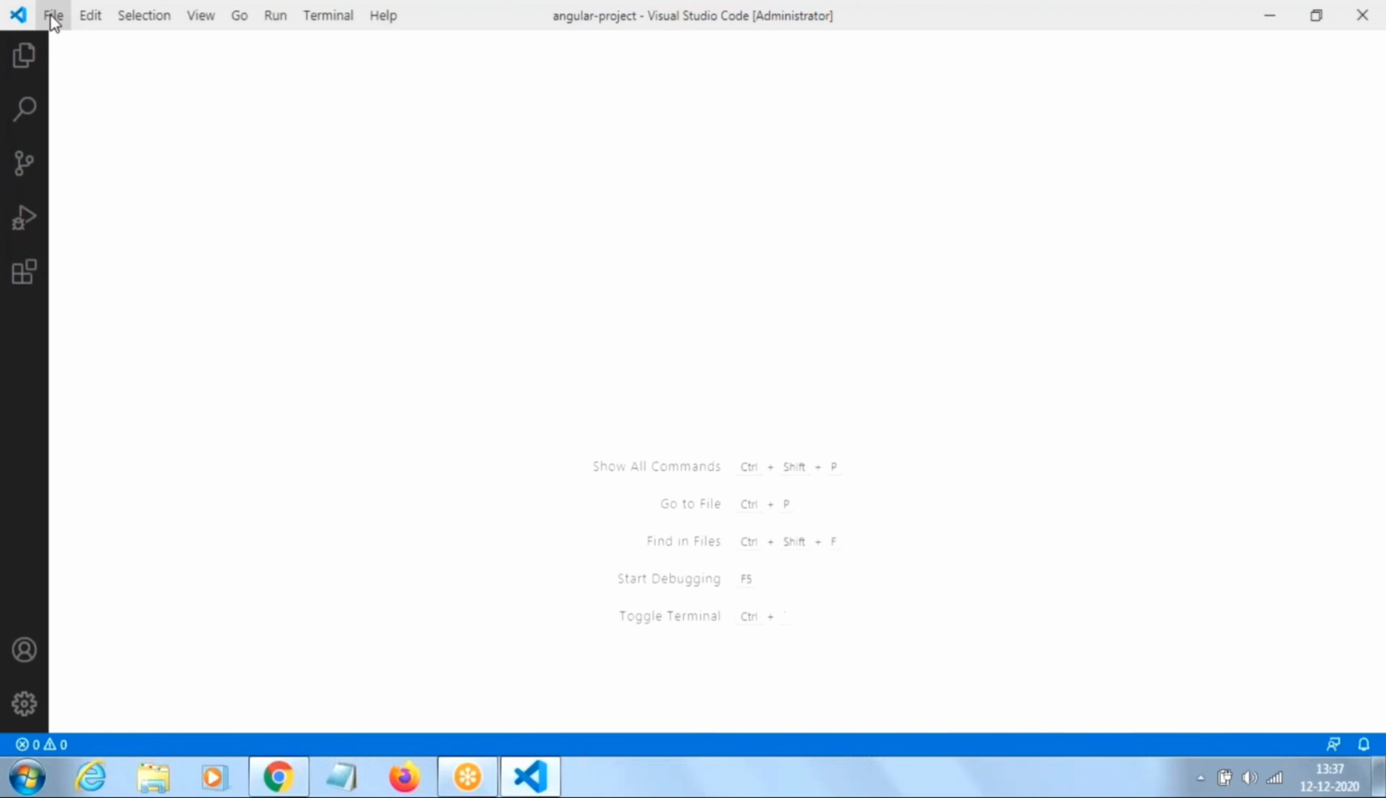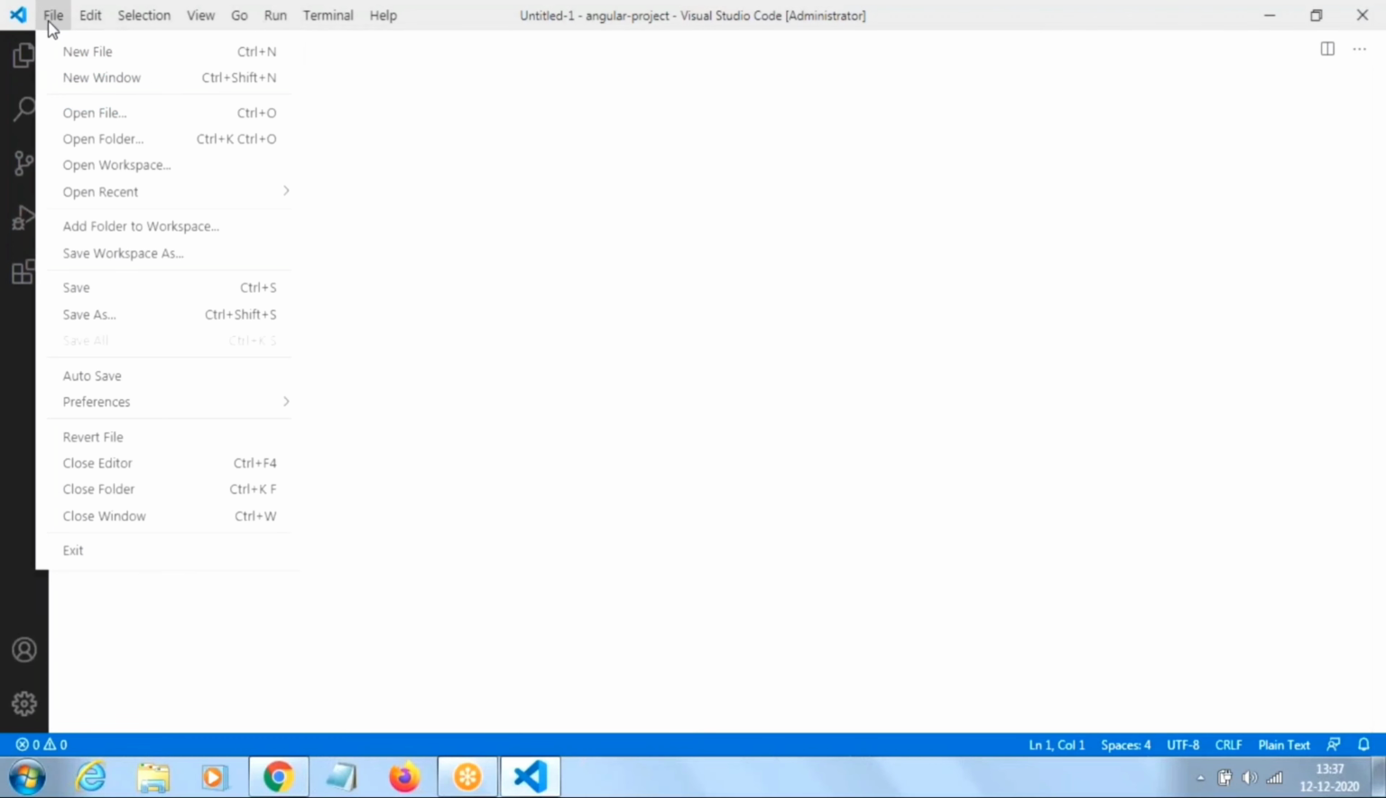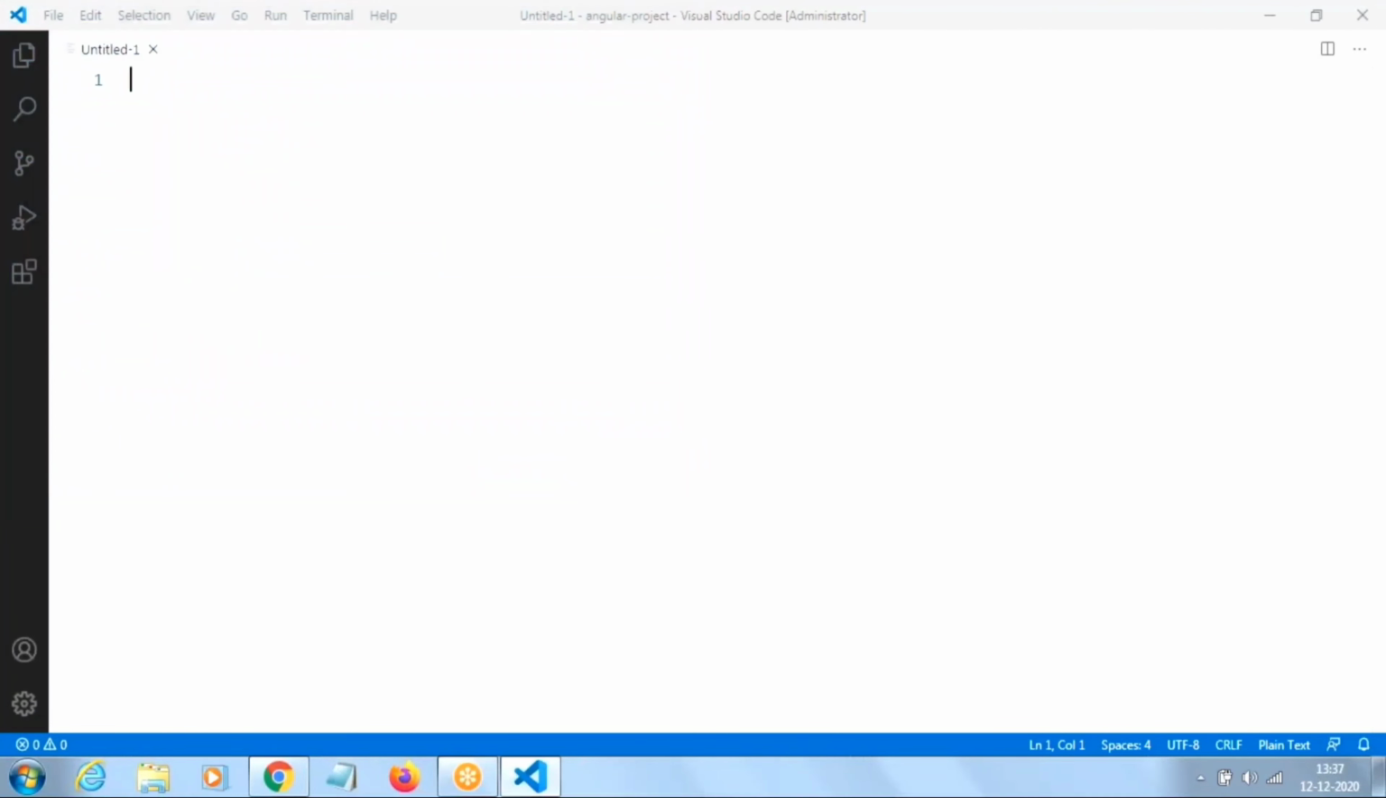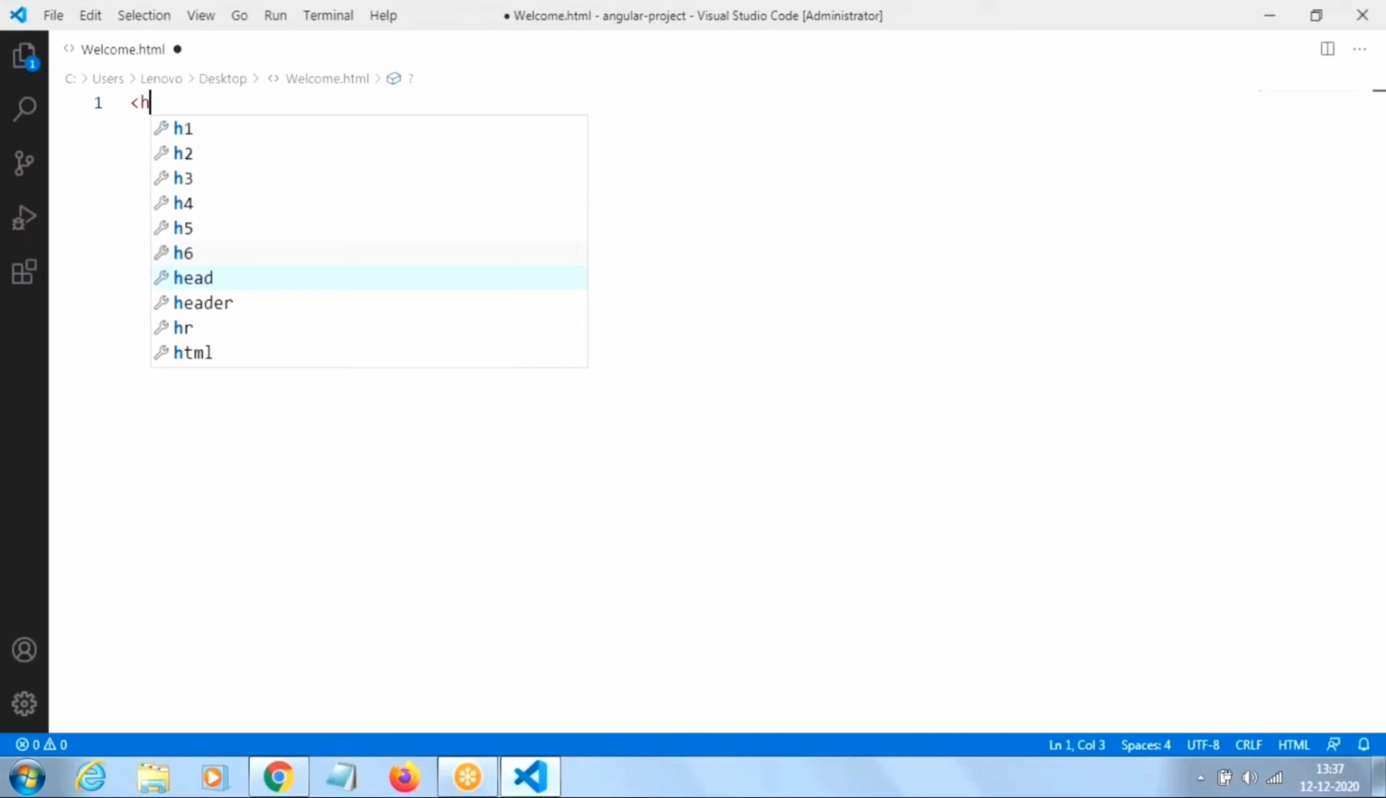and click on File and New File to create a new file. Before typing our code, let's save the file. Click on File and Save. The shortcut to save the file is Ctrl+S. Let me give the title as welcome.html and save the file. Now give the tag HTML